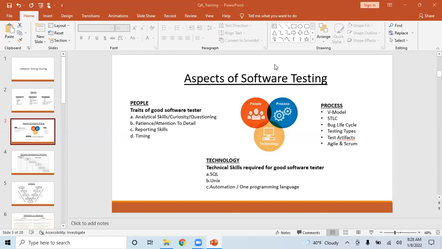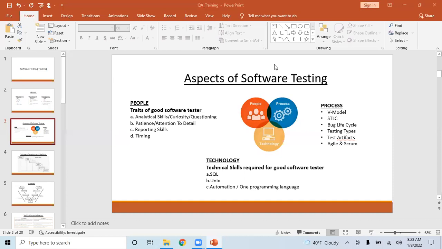There is something called Bugzilla or a different ALM. Different tools are there, but don't worry about any other tools. If you're starting new, work on Jira. Just Jira. I will show you, when we come to that particular topic, how you open Jira and enter a bug in Jira.